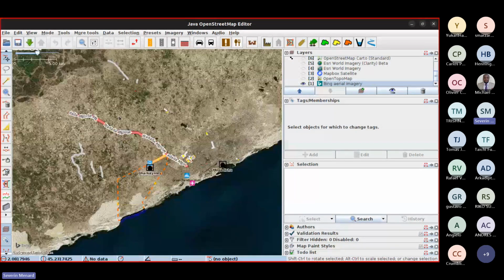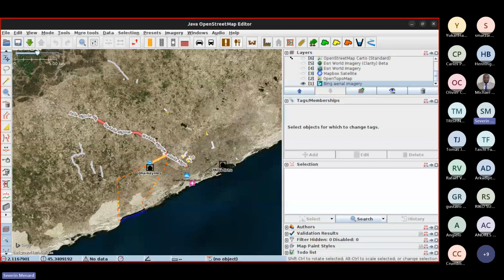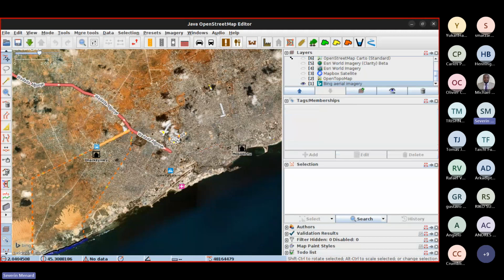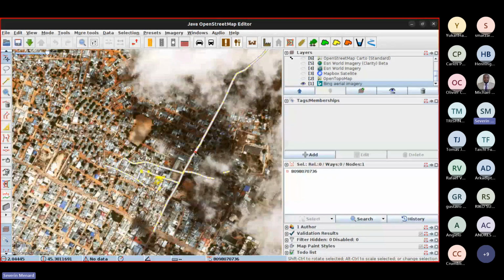Okay. Yes, so that's the things that have been modified regarding the highway since the last 45 days, I think, since April 1st. So you can monitor that.